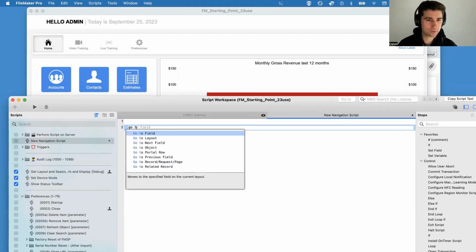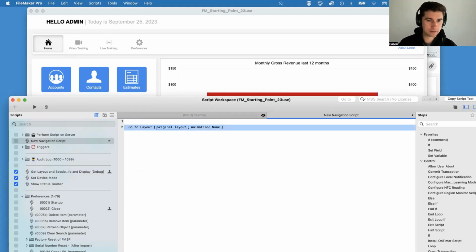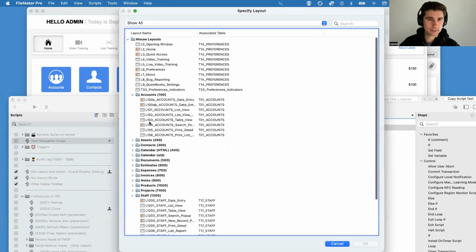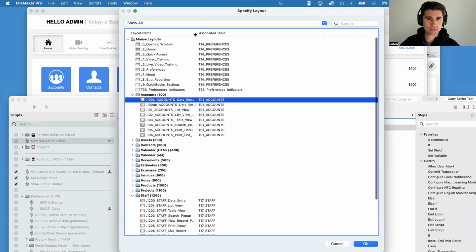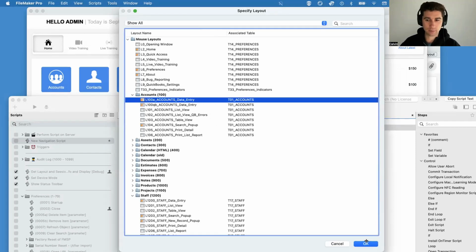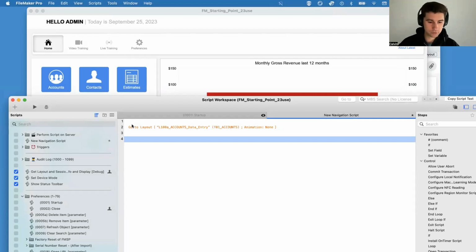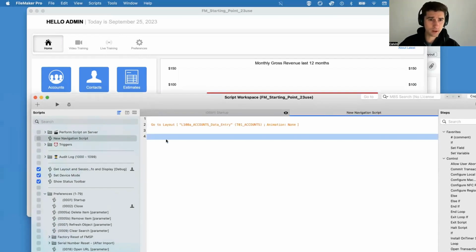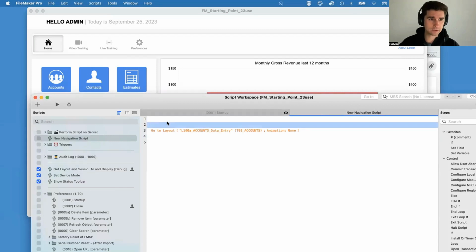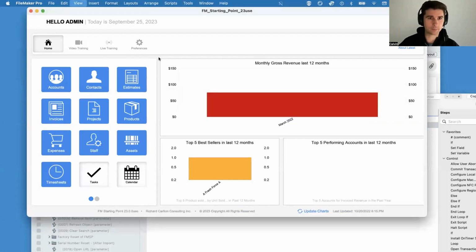So I'm going to say go to, and I see layout there. I'll select layout. And what are our options here? We can say original layout. So if you're in the middle of a script, you can say go to original layout to return to wherever that script started. We have layout name by calculation or layout number by calculation. I'm just going to select layout. And then we can select this accounts data entry layout that we've been looking at. So that is all we're going to do in this one. Just a single step. Let's go ahead and add our button to this